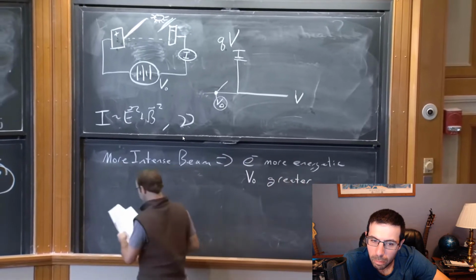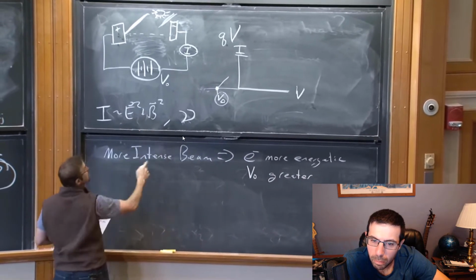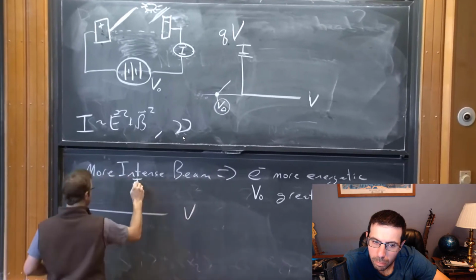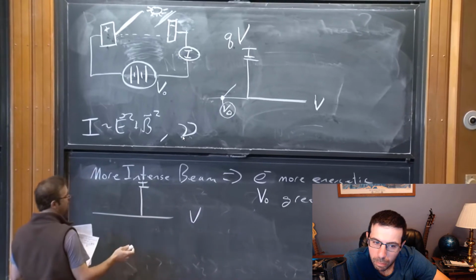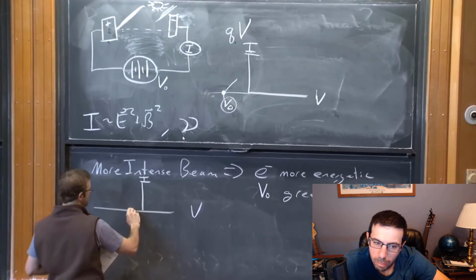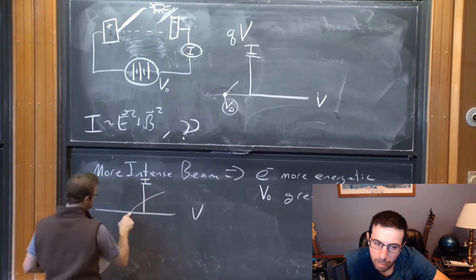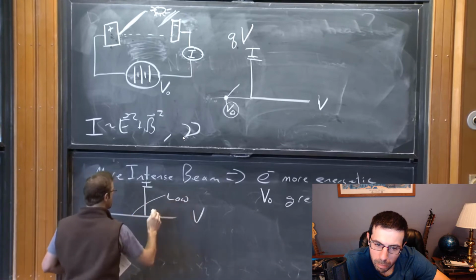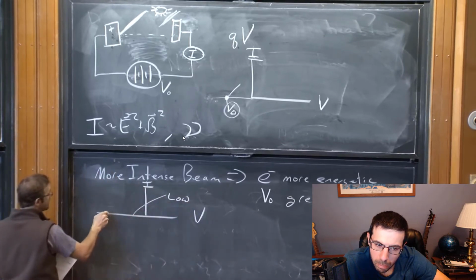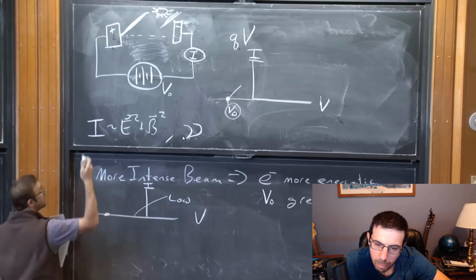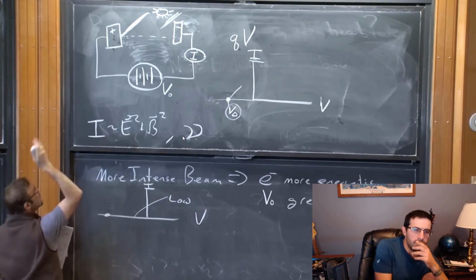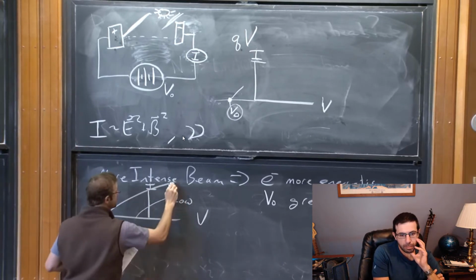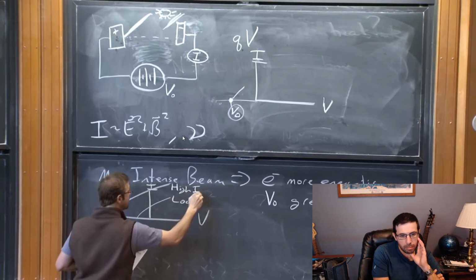So this anticipates that the way this curve should look as we vary the current as a function of V, if we have a low intensity beam, it shouldn't take too much potential to impede the motion, right? So this is a low intensity beam. But if we have a high intensity beam, it should take a really large voltage to impede the electric flow, the electric current, because with a high intensity beam, you're just whacking those electrons really hard and they're coming off with a lot of kinetic energy. Okay, so this is high intensity.